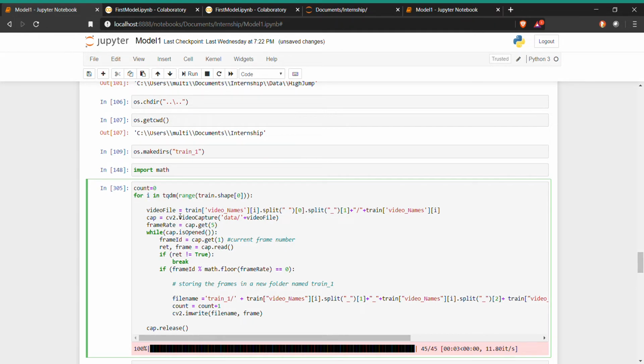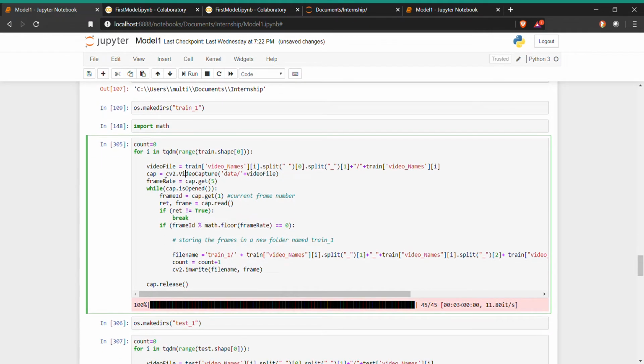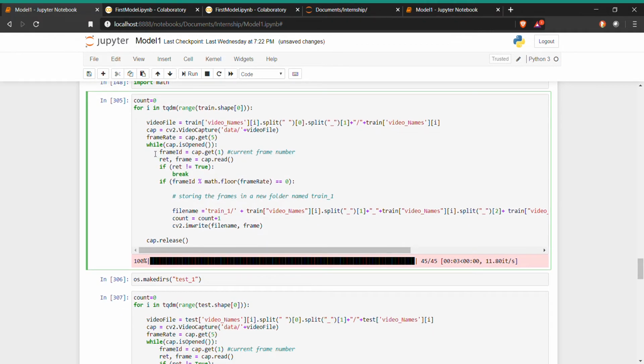We'll take one video and capture it in CV2. After that we'll get the frame rate from here, and then for each frame we are going to capture the photo and load it into frame.